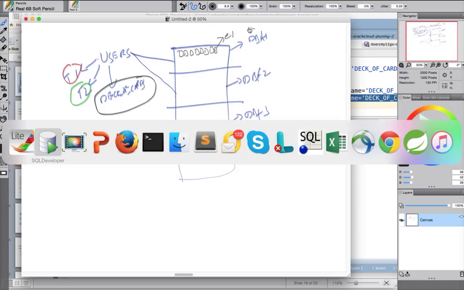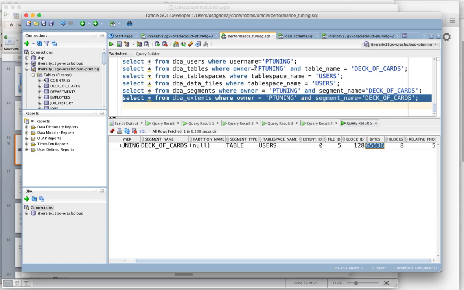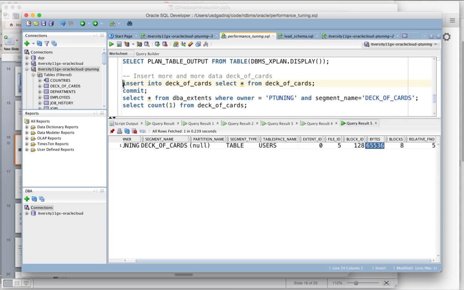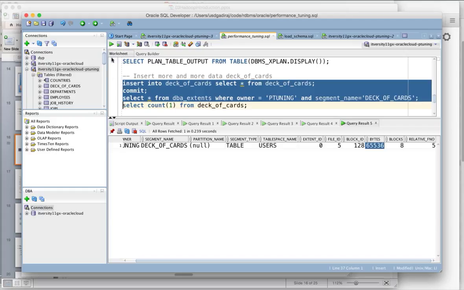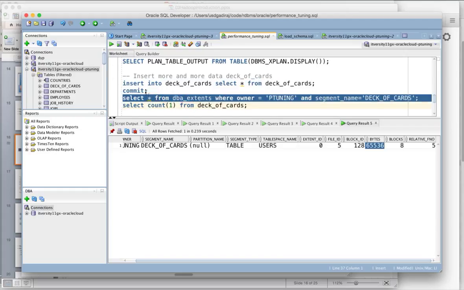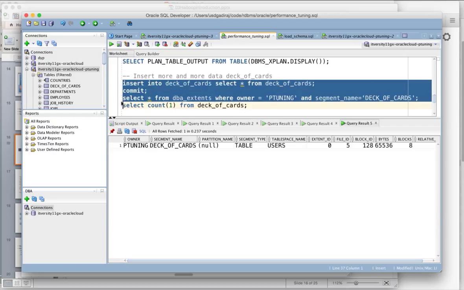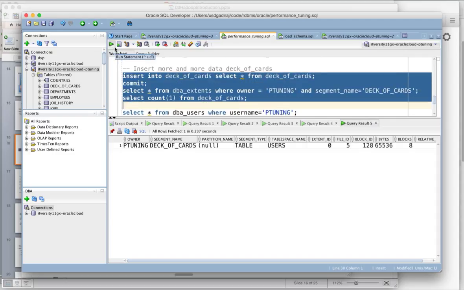Now let us insert more data into this table called deck of cards, and let us understand the behavior. Okay, so now I am running this insert into query. Before running that query, let me run the select star from db extents again for this segment or table deck of cards. There is only one extent in the table, and it has 52 records. Now I am running it again. Let me run all the 4 queries, which will give the count also. I am selecting from the same table and reinserting into the table. I ran the query